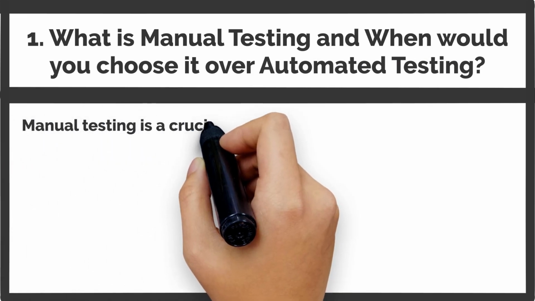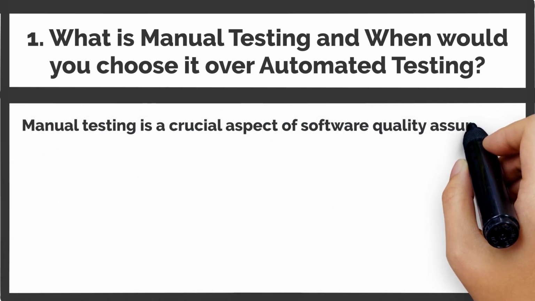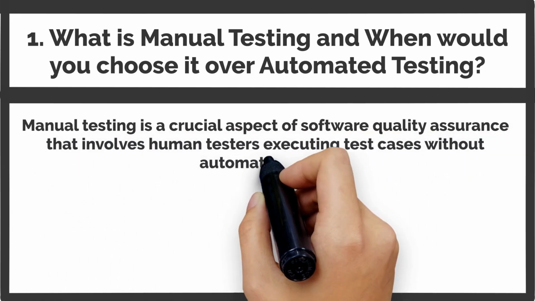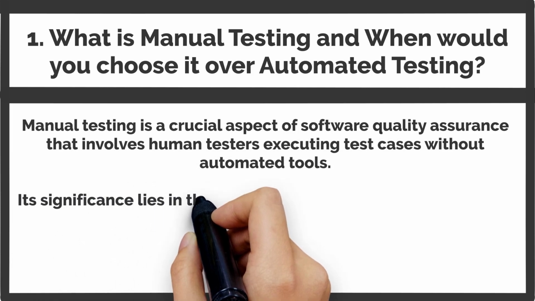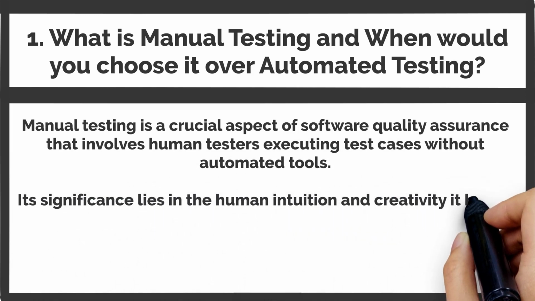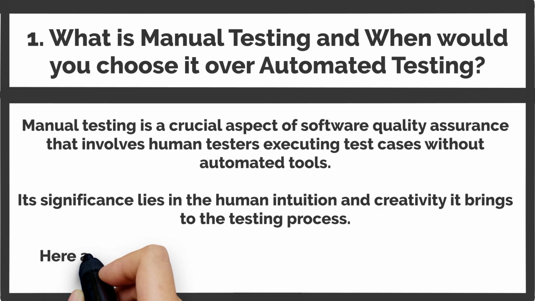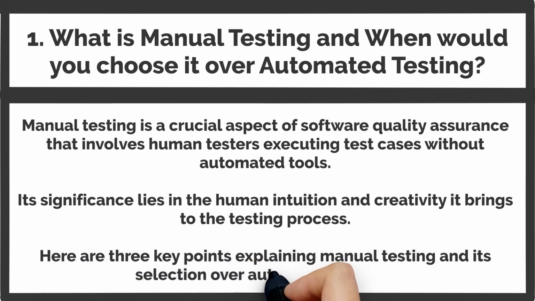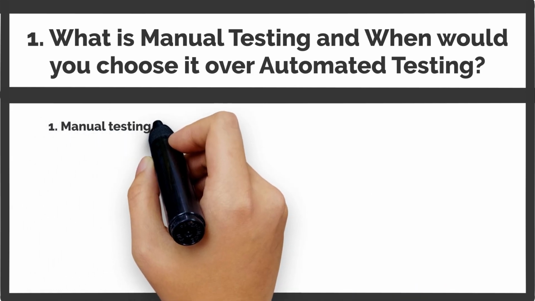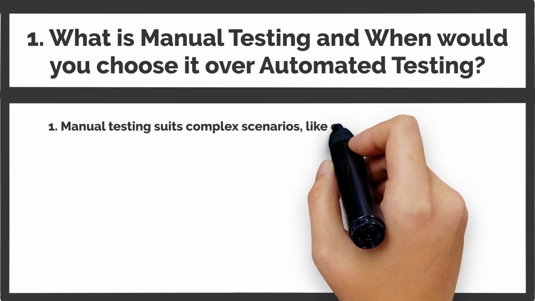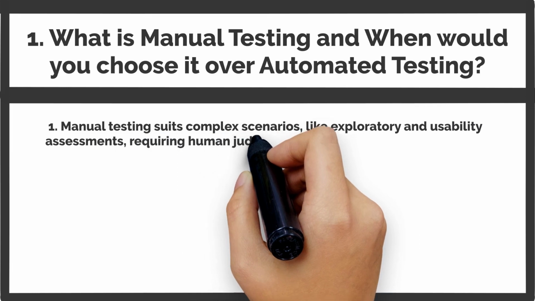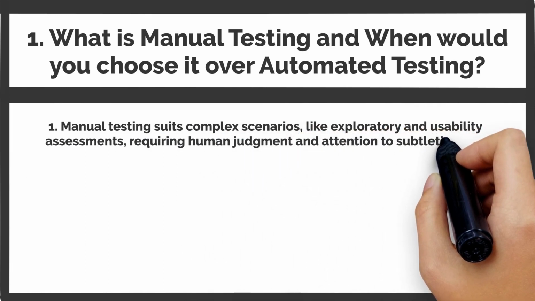Manual testing is a crucial aspect of software quality assurance that involves human testers executing test cases without automated tools. Its significance lies in the human intuition and creativity it brings to the testing process. Here are 3 key points explaining manual testing and its selection over automated testing. 1. Manual testing suits complex scenarios, like exploratory and usability assessments, requiring human judgment and attention to subtleties that automated